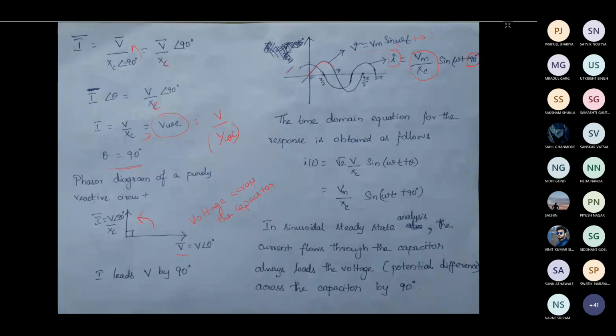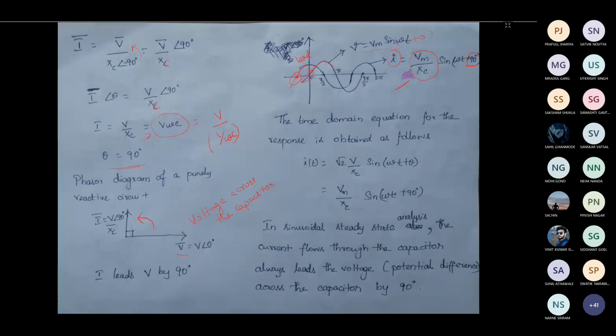So the waveform will be starting in front. So there will be a positive phase shift of 90 degrees because I is leading the voltage by 90 degrees. So your current waveform would have started 90 degrees before the voltage waveform. That's why if you compare the positive slope of these two waveforms, you will get a 90 degree phase shift.